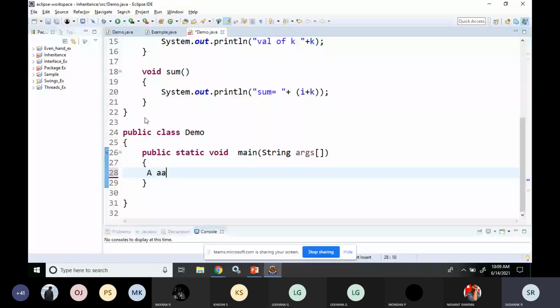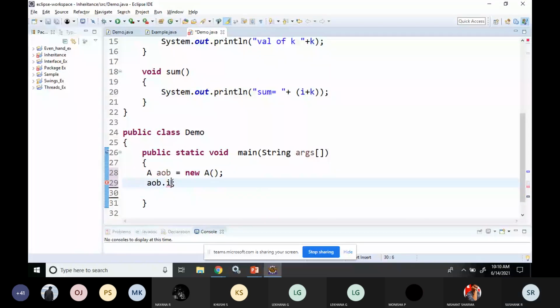The object AOB can access variable i, variable j, and also one function, the display function. The display function belongs to class A. So the object of class A can access its own members.